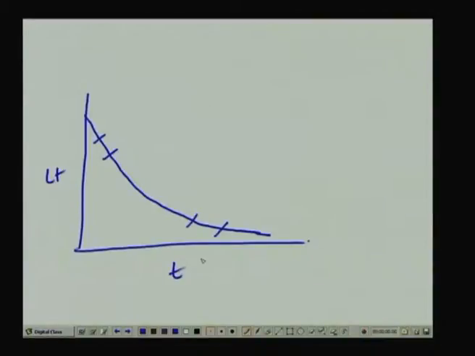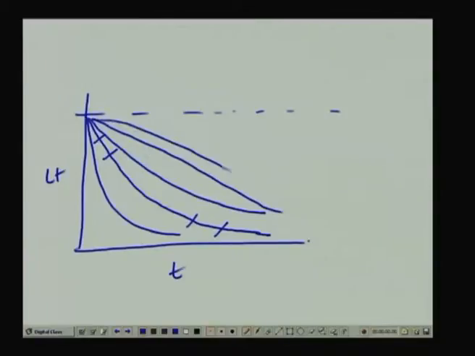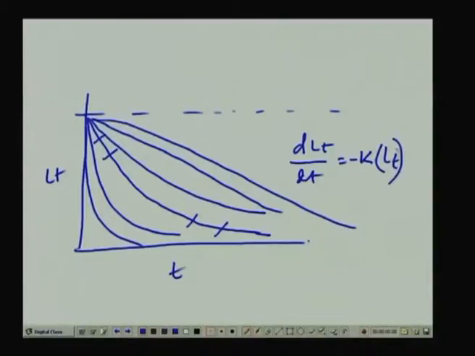This is mostly the typical thing that we generally observe, but an important thing to understand is that it is not necessary that all organic substances would follow this plot. There will be situations like this where it would be plotting further like this. So in many cases, though it is known as first order reaction rate, if we do not change this k into a time related function, we can also at least write dLT/dt equal to minus k LT as a power,